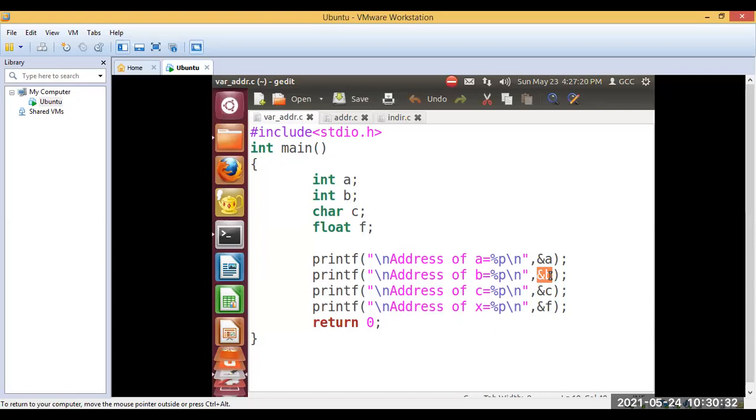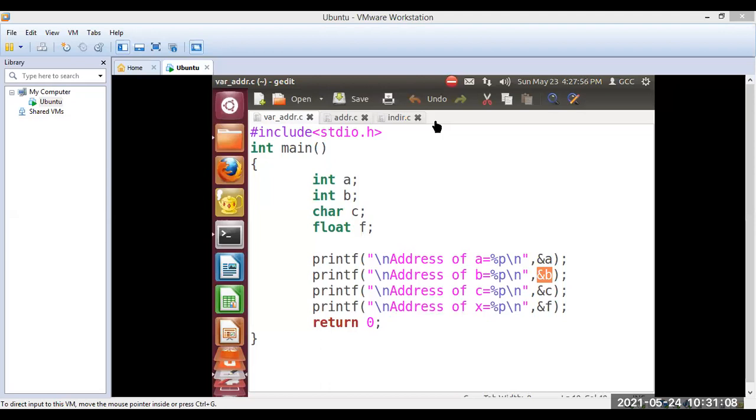Okay, I'll call out a name. Let's see if somebody is able to explain it. Akanksha Patil, please tell me what this program is about. To find the address of the variable. Correct. How many variables have we declared here? 4 variables.